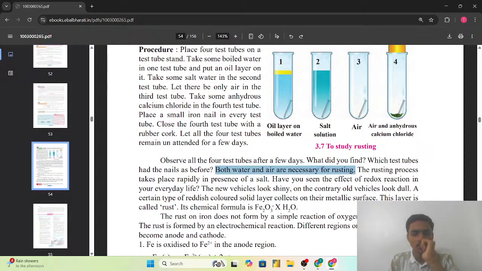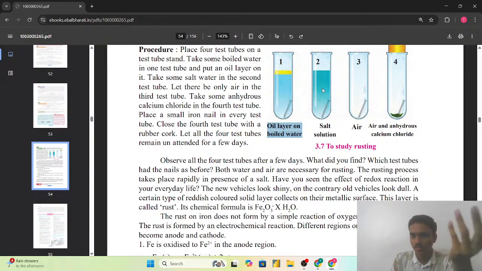तो यहाँ पर सबसे पहले जो एक्सपेरिमेंट बोला है उन्होंने, उसके बारे में पहले हम देखते हैं, सोचते हैं कि what is actually happening and what they are expecting us to observe regarding. मतलब उन्होंने क्या बोला है, क्या वो हमें सोचने, मतलब ऑब्जर्व करने के लिए बोल रहे हैं, that we have to see here. सो पहले टेस्ट ट्यूब में जो कि हमने ऑयल लेयर और बॉइल्ड वाटर जो लिया था,